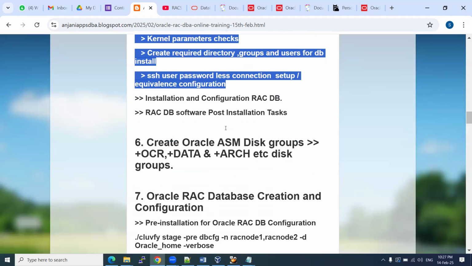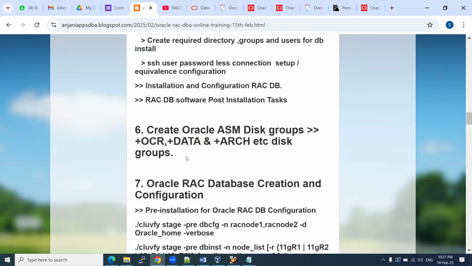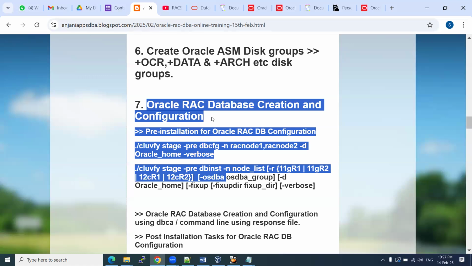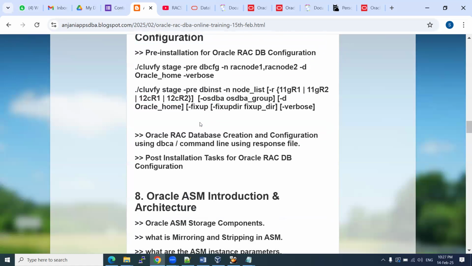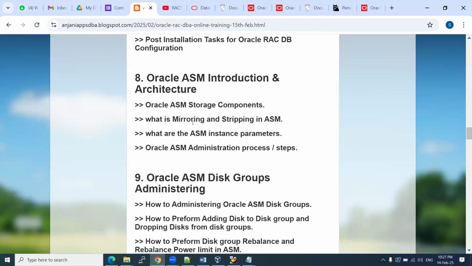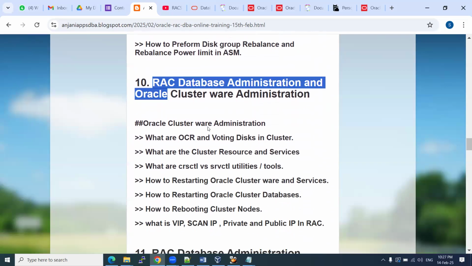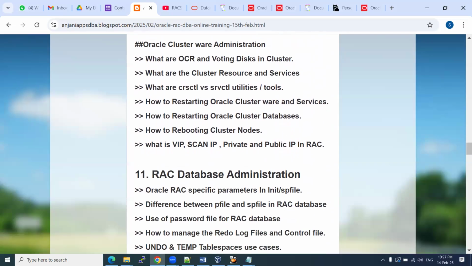The installation part and ASM, all these things we are going to discuss. What is meant by disk groups and all. RAC database configuration, how we are going to download the software and then configure the DB. ASM related things, we are going to explain in depth: how to configure and how to manage and administer your Oracle ASM file system,